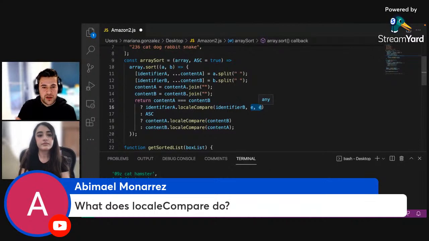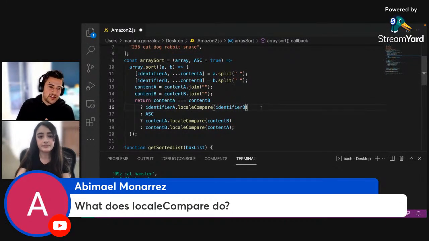Or you can compare based on the locales, or the localization of the text. For example, you can compare based on French rules or Spanish rules or any other language rules that you have. And if you only compare by checking the letters,